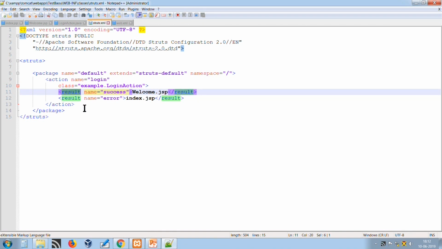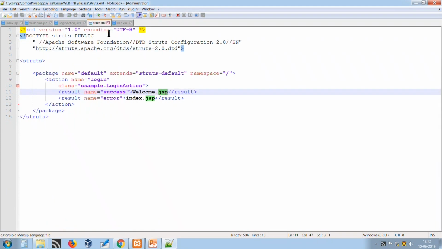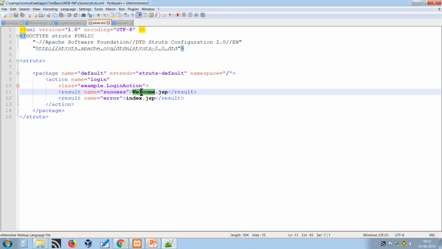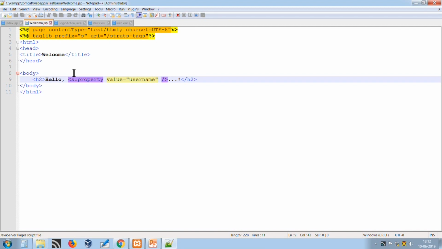If the result returned is success, it invokes welcome.jsp, and if it returns error, it invokes index.jsp back. That means the ID and password are incorrect, so index.jsp will be displayed again. But if the ID and password are right, then it will display the message using welcome.jsp as the presentation layer to the user.